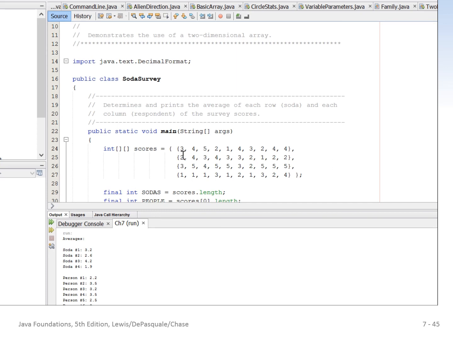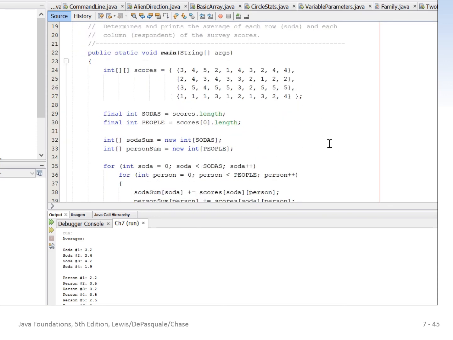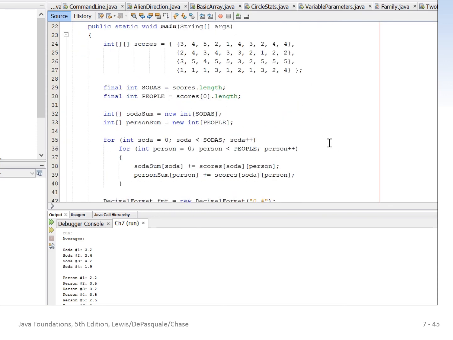So soda sub-0 was ranked 3, 4, 5, 2, 1, 4, 3, 2, 4, 4 by the 10 people that ranked that soda. Then soda number 1, or the second soda, soda sub 1, received those rankings. And you can see the 4th soda, soda sub 3, received pretty low rankings. So we simply have this for loop, okay,